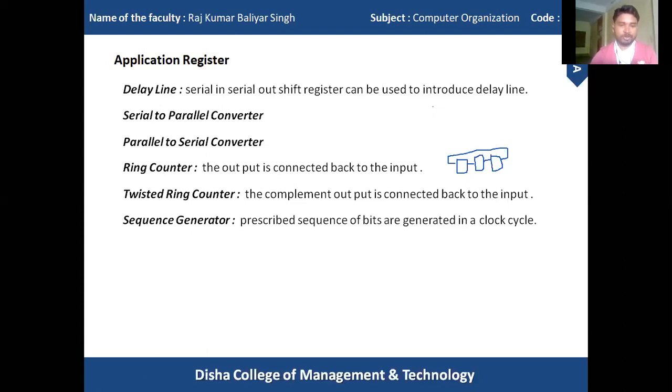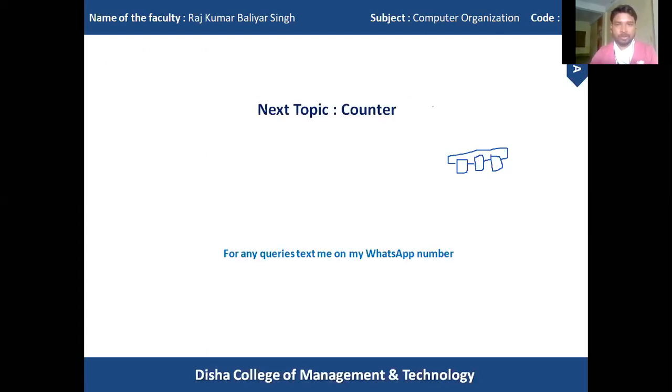Suppose we have a prescribed sequence of bits, and every clock cycle I want to generate, for example, 1001. If that particular prescribed sequence of data is generated in a stream of bits, that is called sequence generator. So this was all about register.